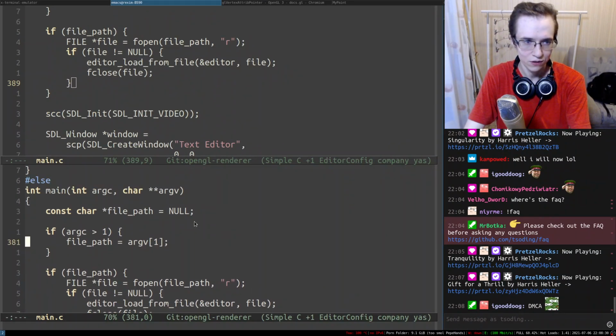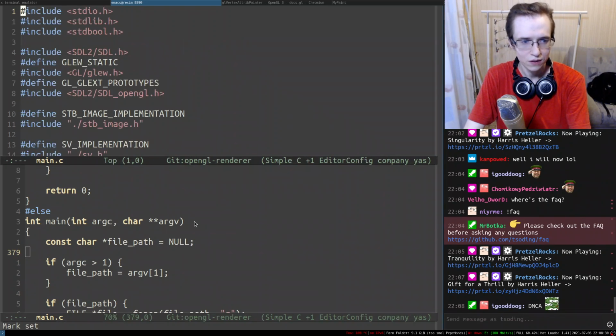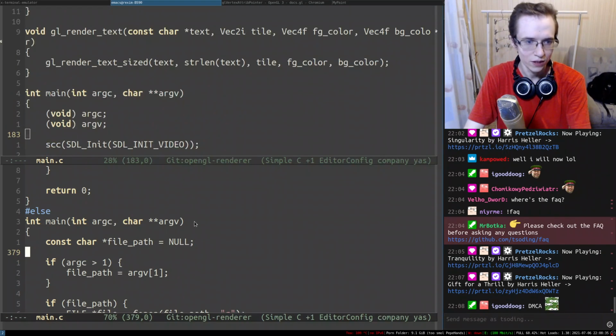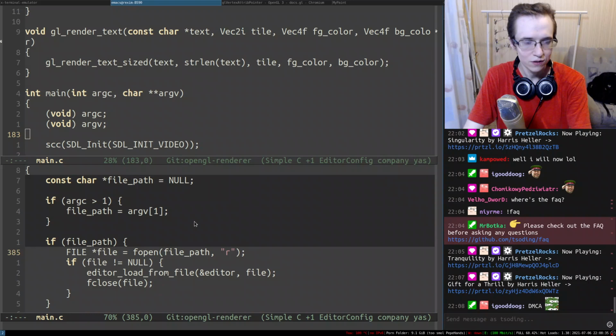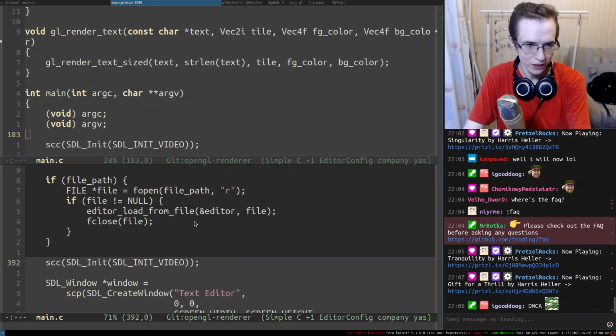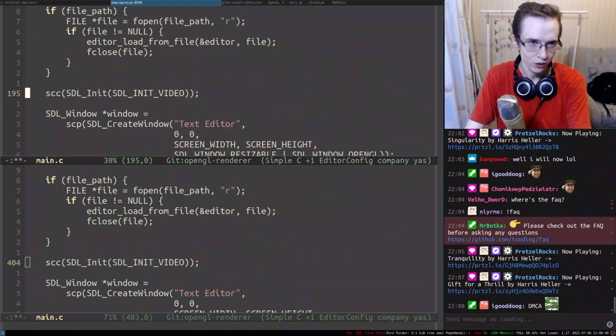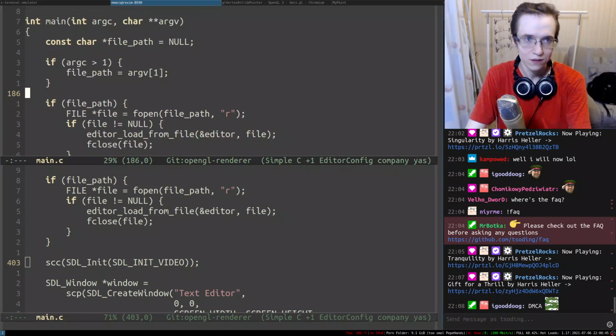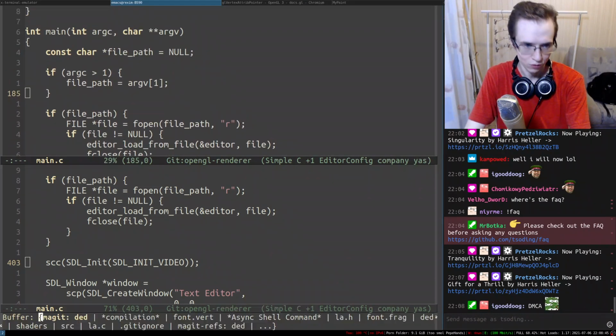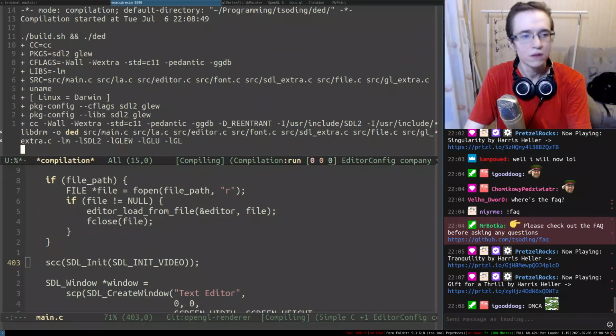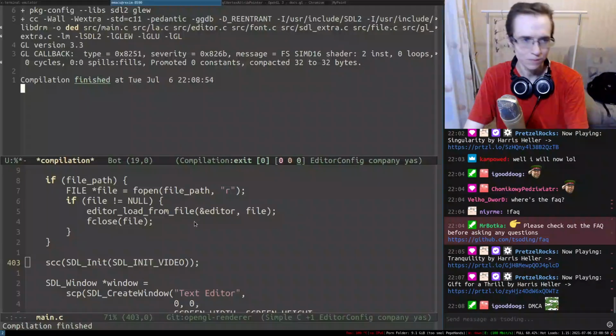So here is the previous one, and here is the new one. So the first thing we do in the previous one, we set up the file, right? So we're loading the file and stuff like that. So that makes sense to me. Let me try to compile. Is it gonna compile? Hopefully. Okay, looks good.